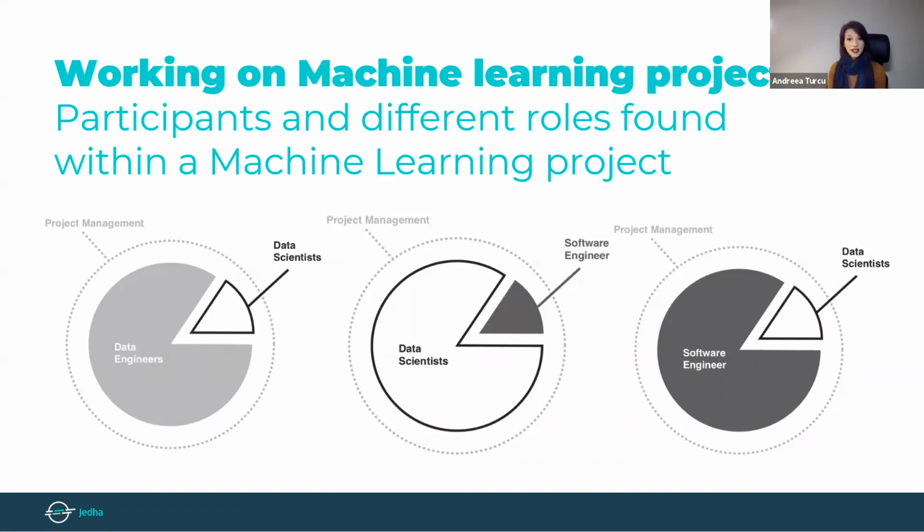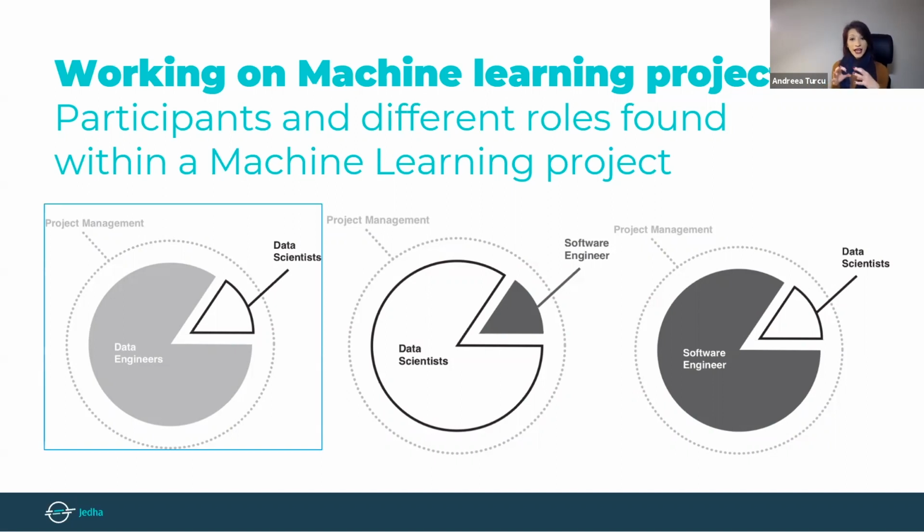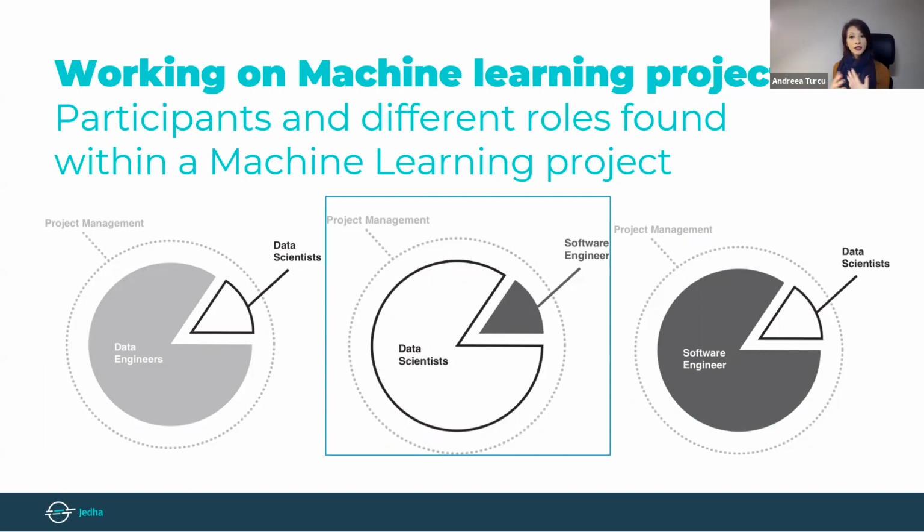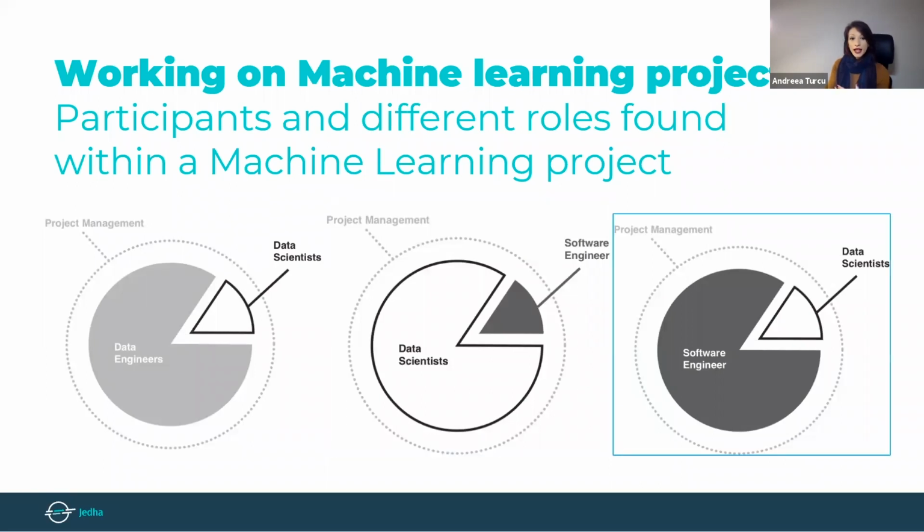So we can split projects in three main phases. The data preprocessing phase consists of data engineers wrangling the data, while the data scientists offer guidance and do data engineering as needed. The algorithm development phase is another important step, where data scientists create algorithms while software engineers offer help and guidance. And the solution deployment phase, being the last one, is the phase where software engineers implement the solution while data scientists tweak algorithms as needed.